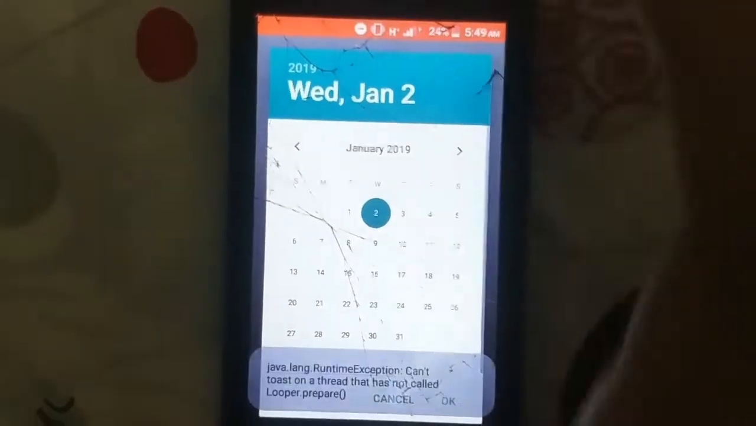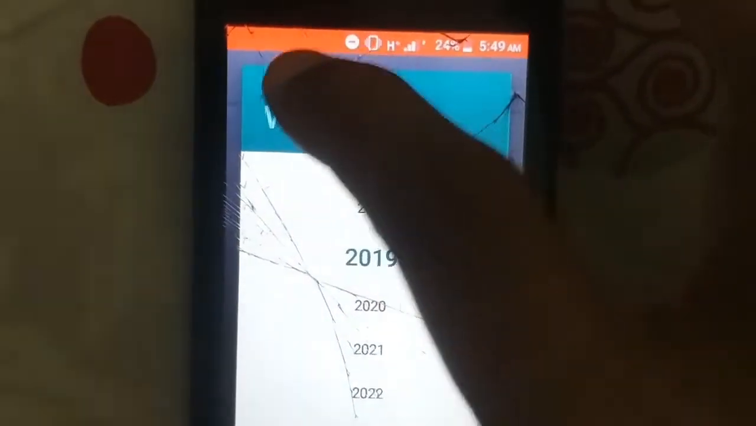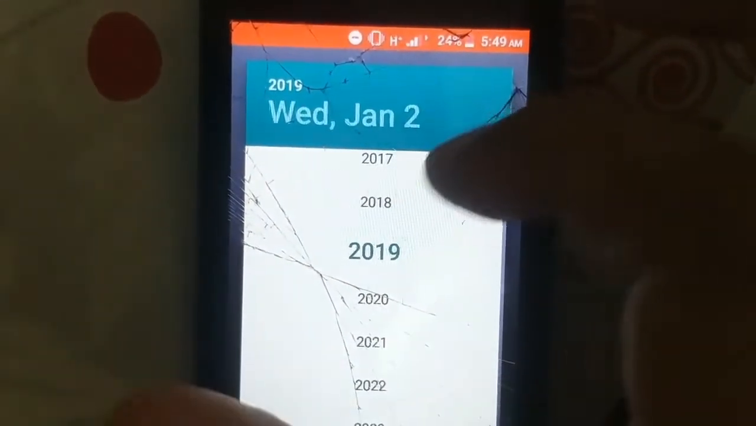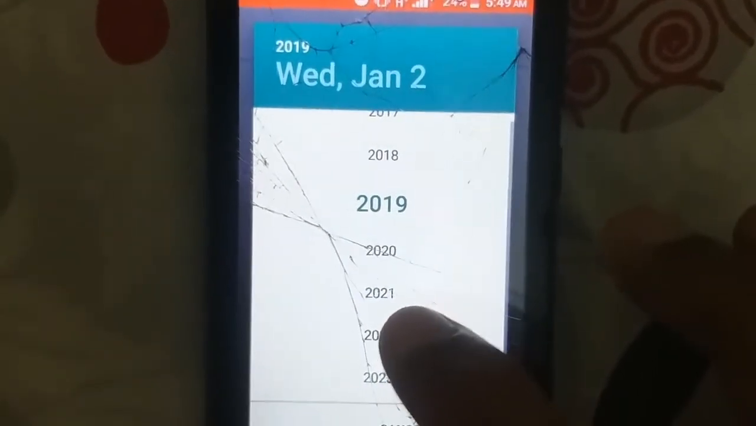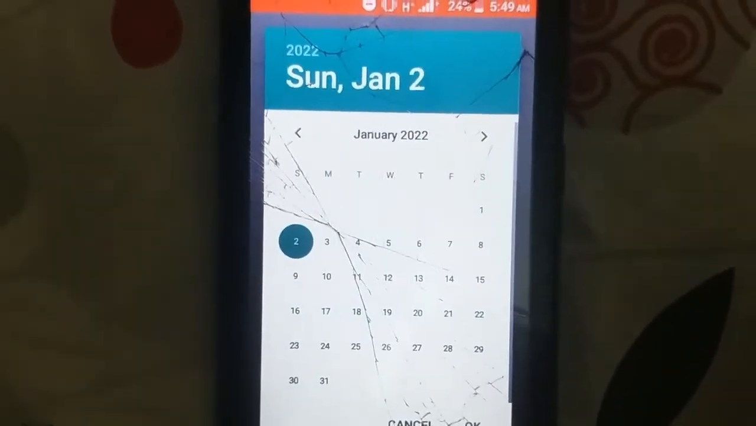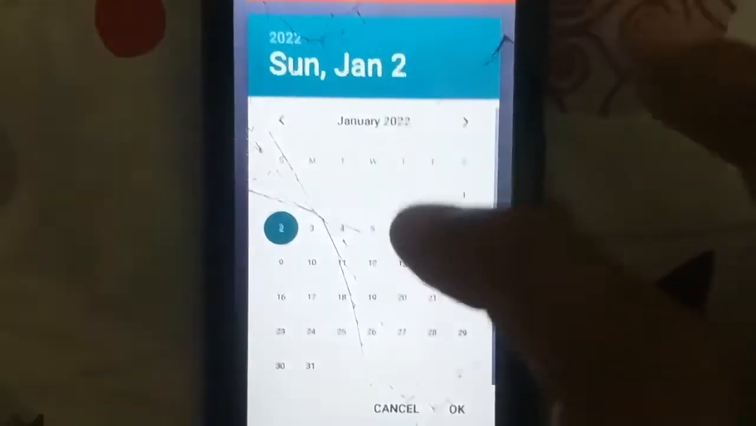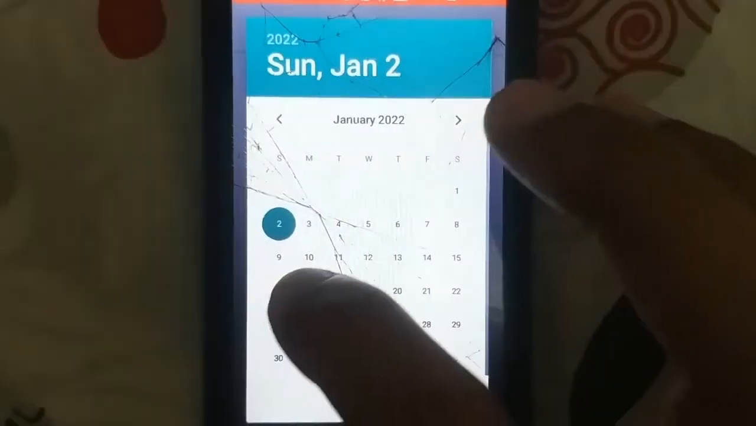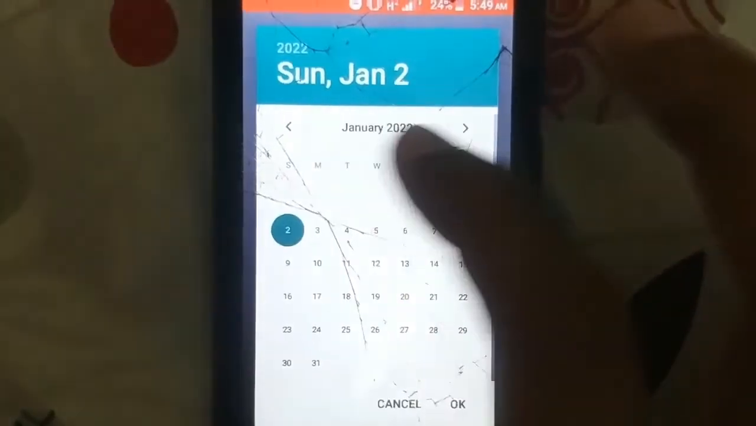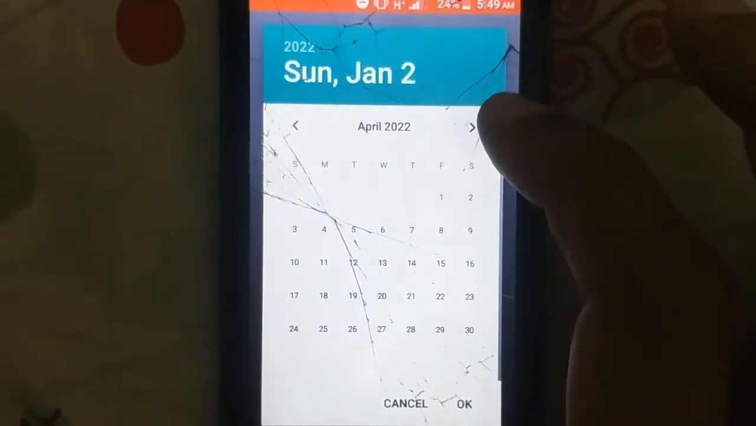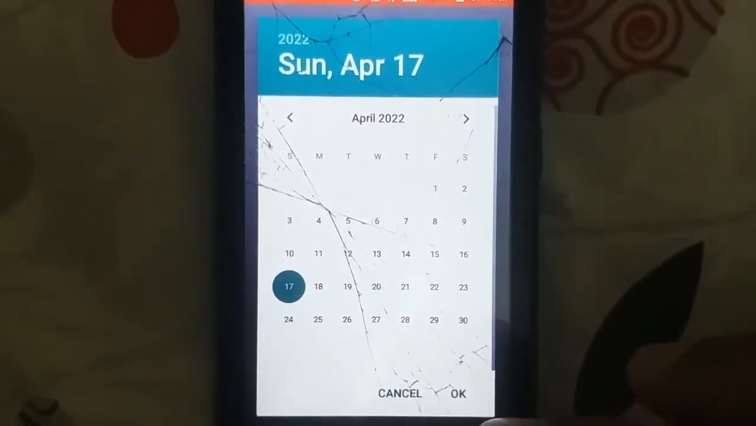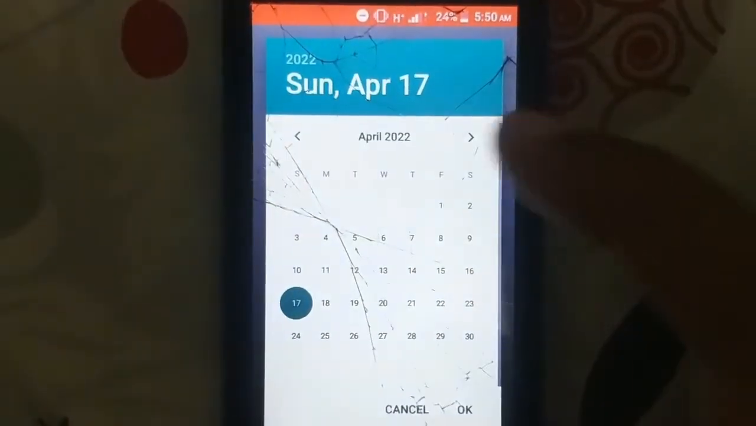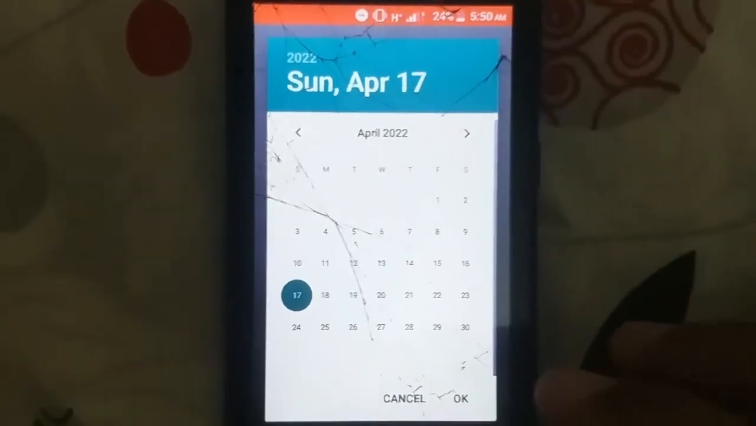You can see it's 2019. I will tap on it, and after that I will select 2022 because it's currently the year 2022, and then I will select the month. So by tapping on the right arrow and left arrow icons, I can select the month. So it's April and it's 17 which is Sunday, and then I will tap on OK,